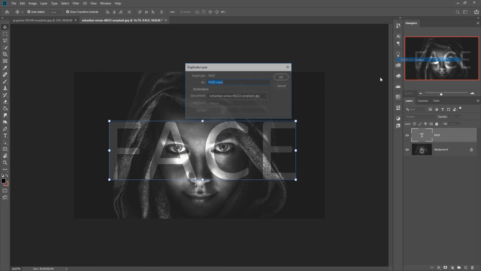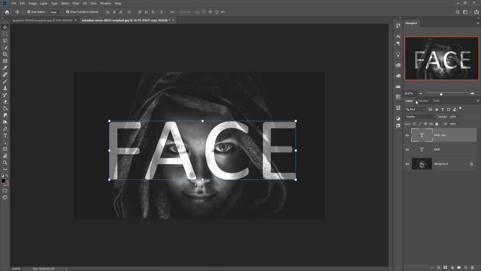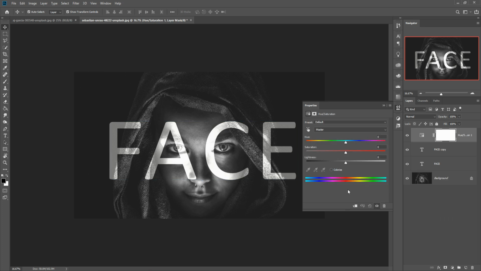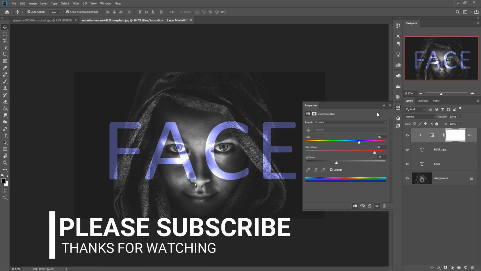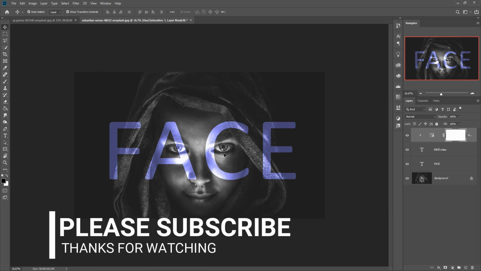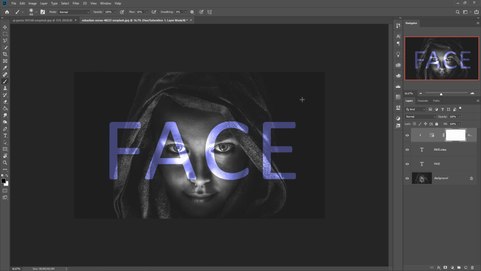Then duplicate this one and make this one colorize. So go to hue saturation and then colorize, and take saturation 100% and increase this one. Click on mask, take a brush,